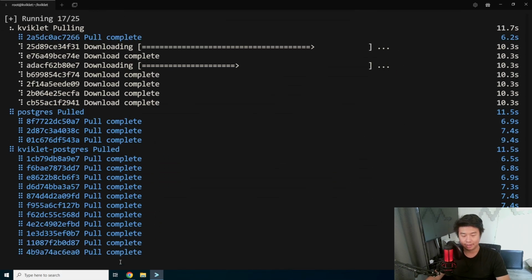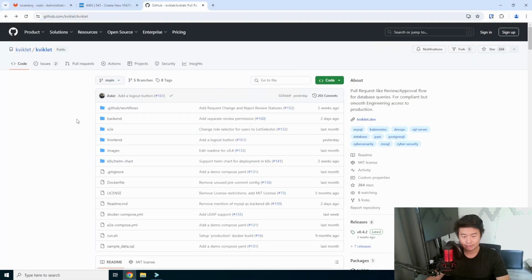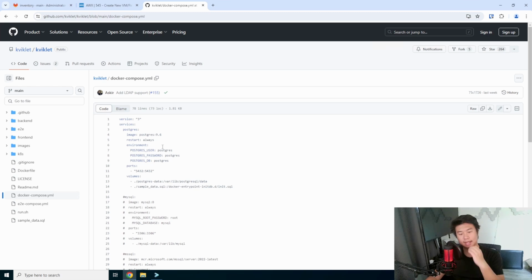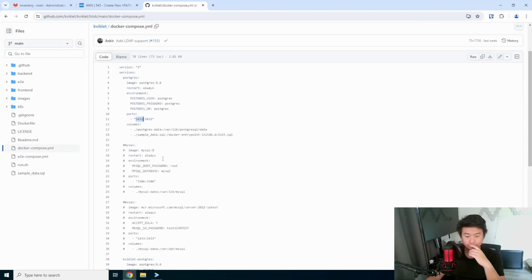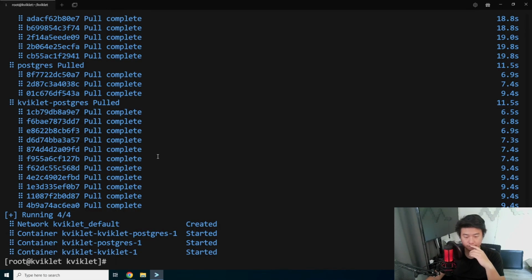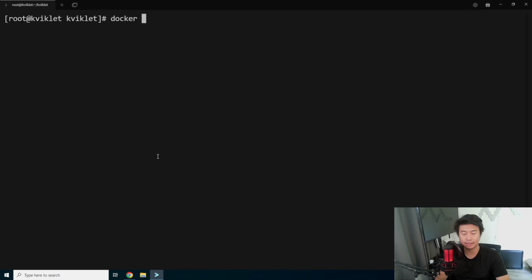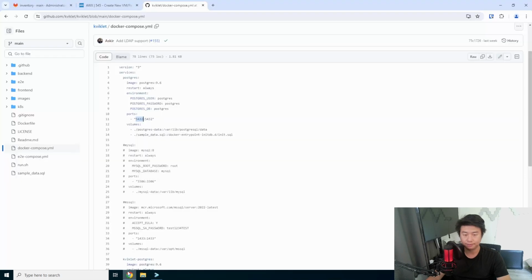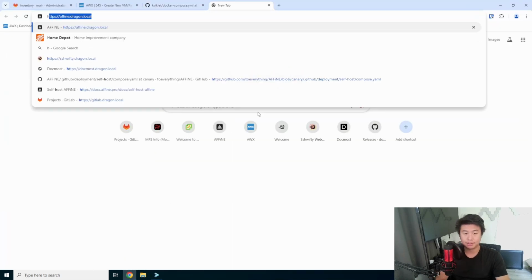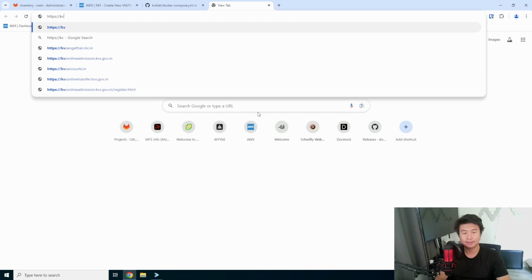And the thing to note here is, let's take a look real quick at the Docker Compose. The Postgres service will be running on the default 5432 when we connect to this for the fun of it. So we can see that everything is up and running. We're running 8080 on here. So we should now be able to do https